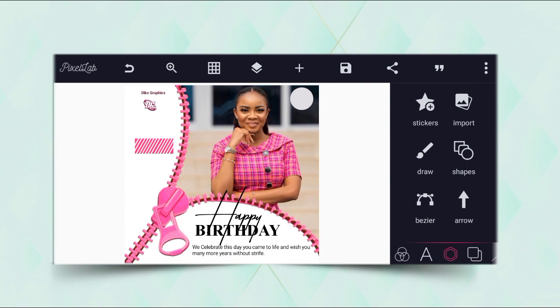We celebrate this day you came to life and wish you many more years without strife. This is absolutely okay. Then the next thing that we're going to do is to put the date there, which